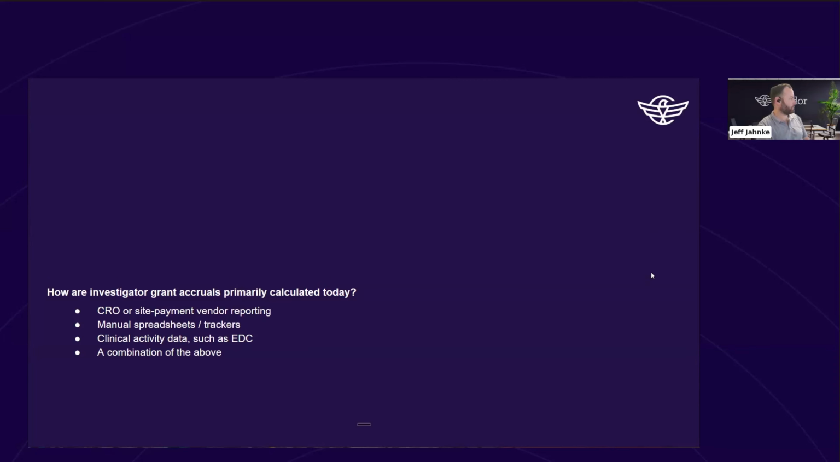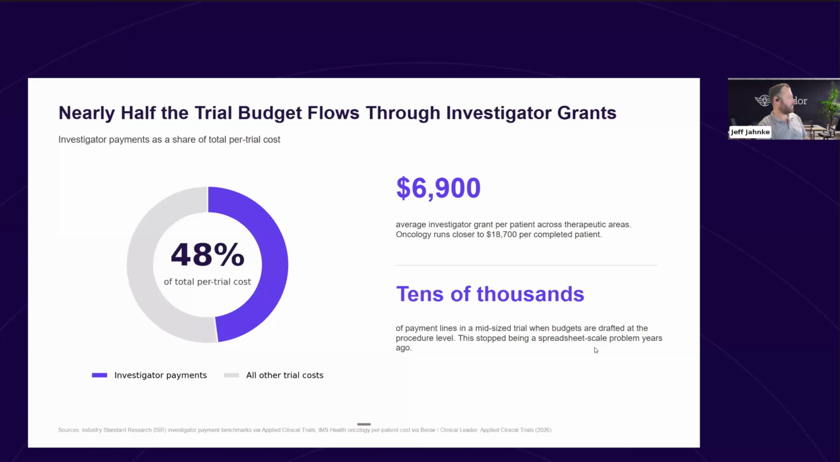Glad to hear that. Let's move on to the next slide and talk about investigator grants and why they're so important. First of all, nearly half the budget flows through investigator grants. On average, site payments related to either administrative fees or patient visits account for roughly 48% of total per trial cost. The average investigator grant cost per patient across all therapeutic areas is about $7,000. And on average, oncology runs closer to